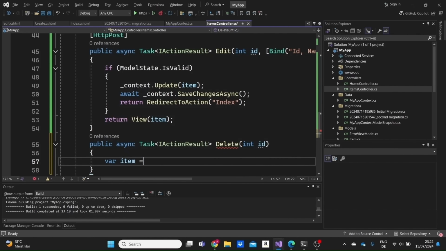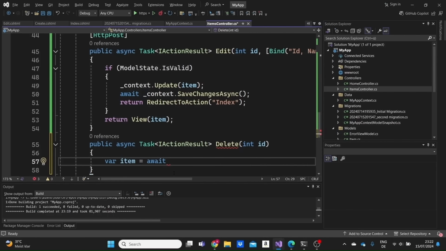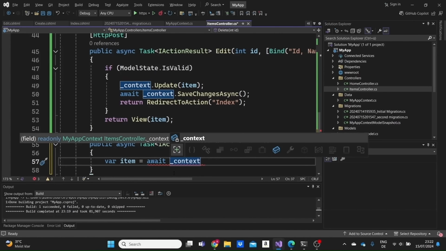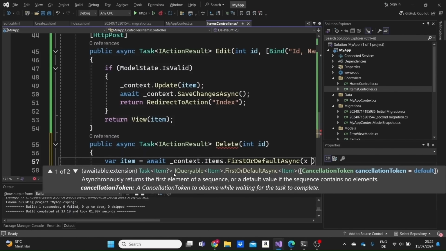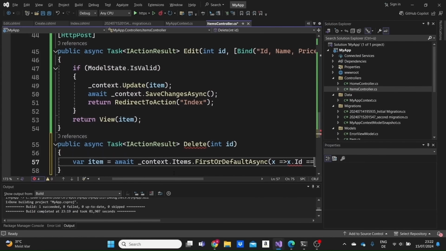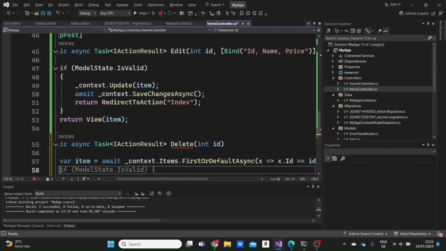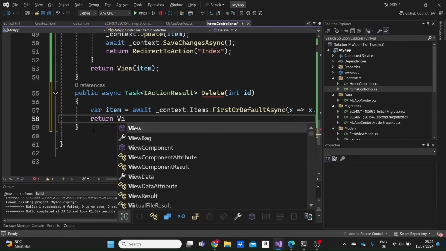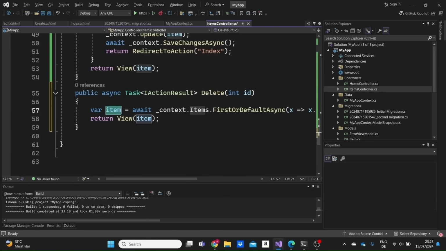I'm using a variable here. I'll name it item, and we'll look through the database for that item with that specific ID. So I'll use the await here to await the data from the database, and then underline context dot items dot this FirstOrDefaultAsync method to search for that specific item. The item's ID that we are looking for should be equal to the ID that we are taking here from the parameter. And let's just return the view